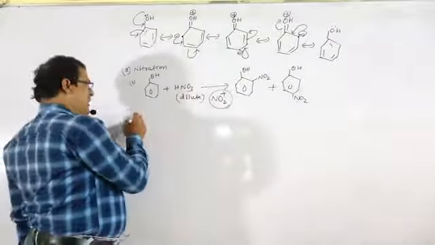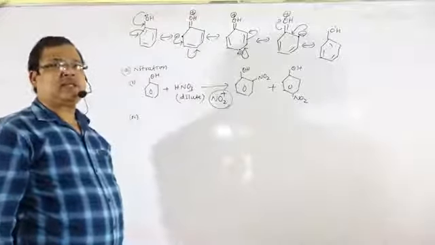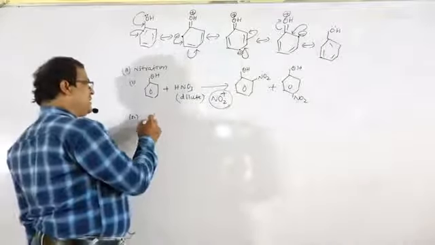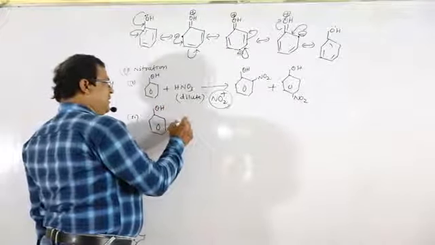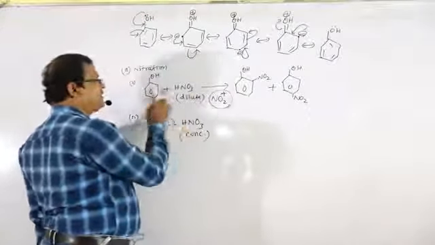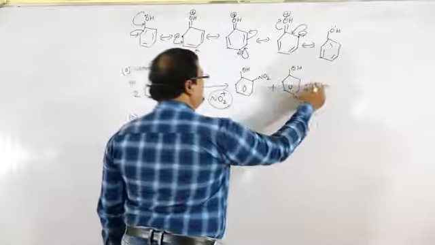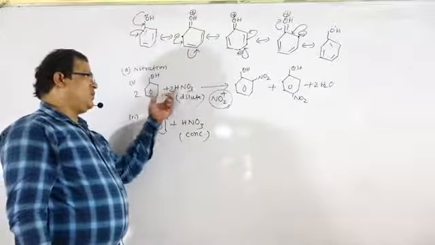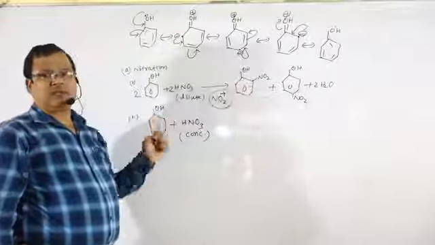In the second case, we can explain the same nitration process, but in the presence of concentrated nitric acid. So phenol is treated with concentrated nitric acid. We have to balance this equation. We have to take 2 molecules of this one, 2 molecules of this one. So there is the formation of 2 molecules of water. This is the balanced equation: 2 molecules of phenol, 2 nitric acid, there is the formation of ortho-nitrophenol, para-nitrophenol, and 2 water molecules.